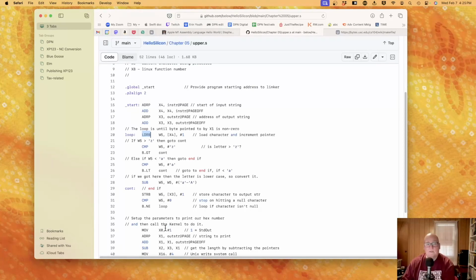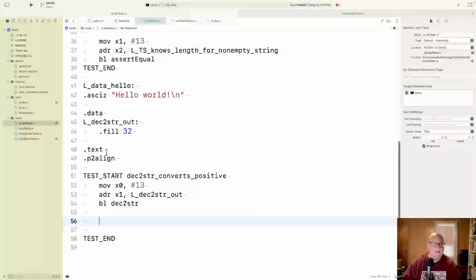But of course, we could run 2 loops and get our own compare. I think that's the right thing to do. Okay, so